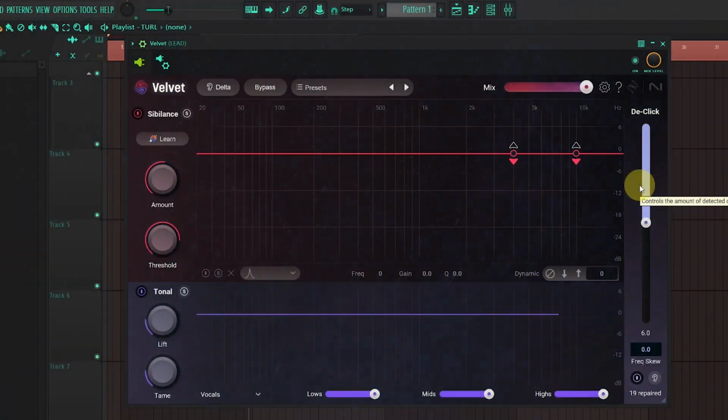So first off, let's go over the full interface of this plugin, where I share with you all of the sections of this plugin. From there, we move to the next step by applying this plugin on the project I have for today. And by the way, guys, before we go in the video,